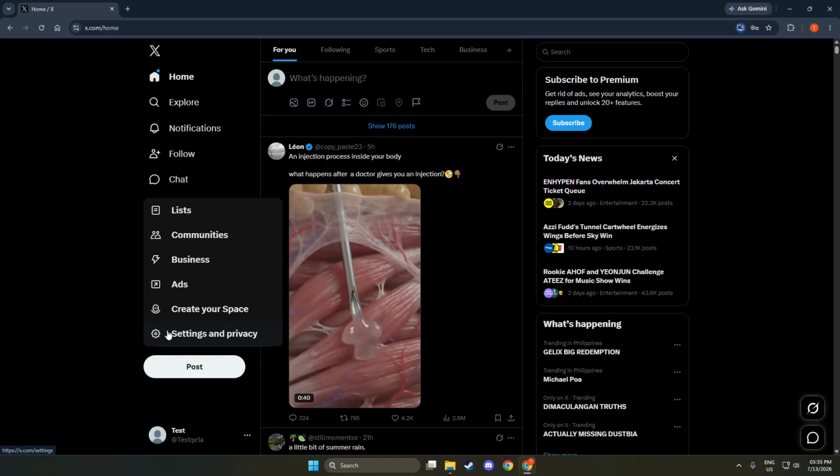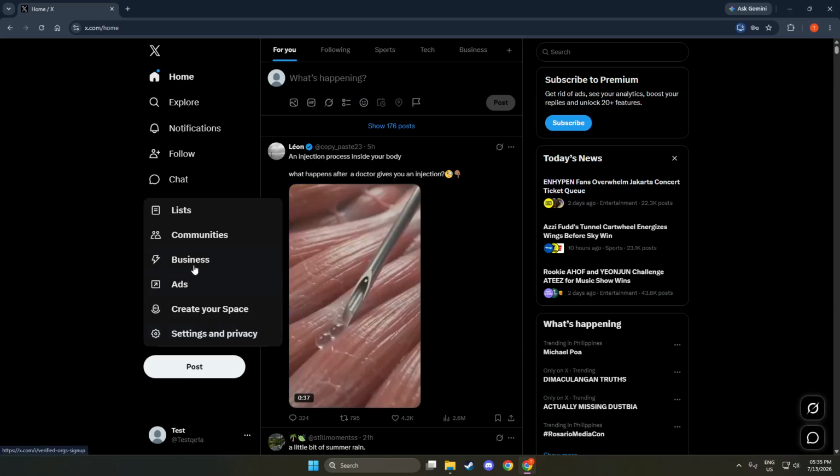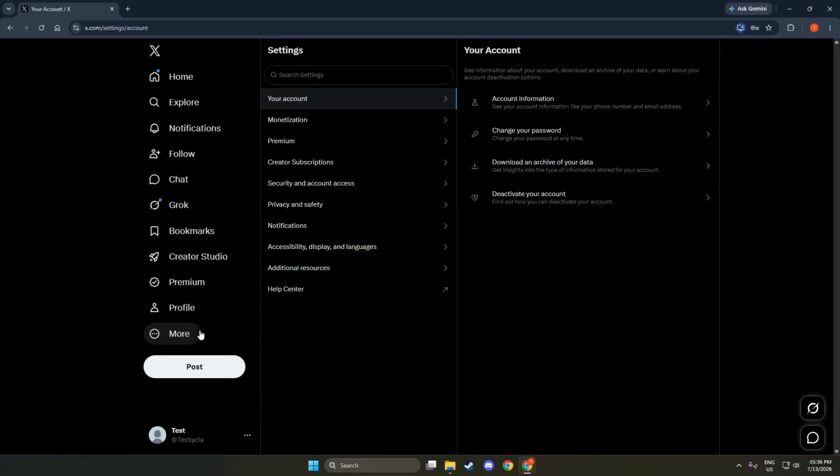After you click, take a moment to observe the new options that appear below the More section. From there, look for the option labeled Settings and Privacy and click on it. This action takes you to a new page filled with various settings related to your account. Here, you can manage everything from your privacy settings to your account details. It is essential to familiarize yourself with this area as it contains important tools to help you customize your experience on X. You will notice a variety of subsections listed on the left side of the screen which will guide you through the settings available.